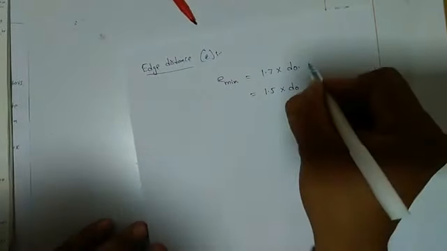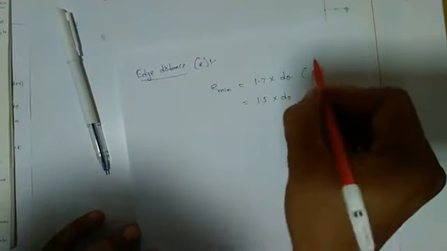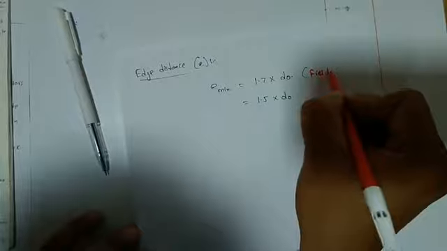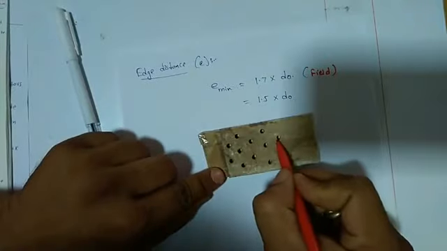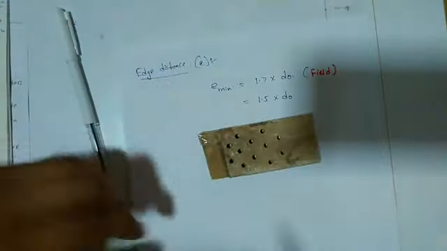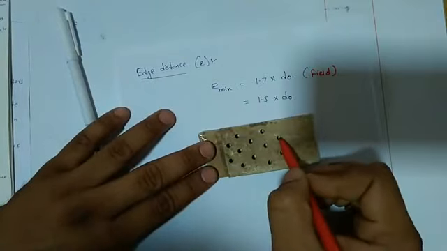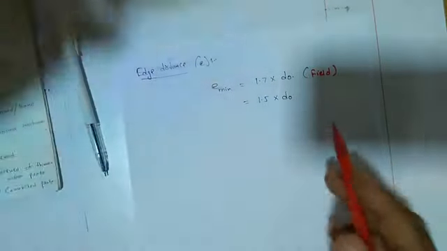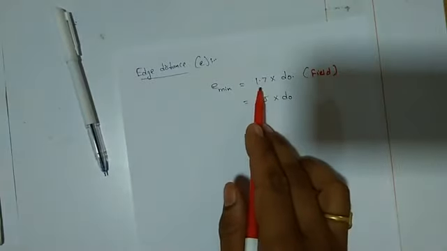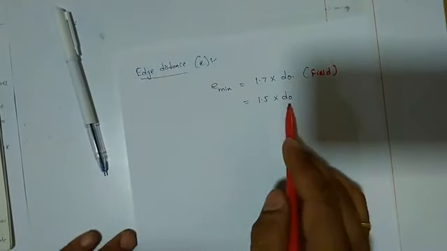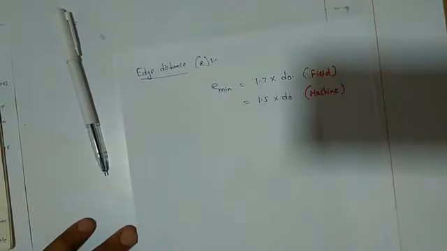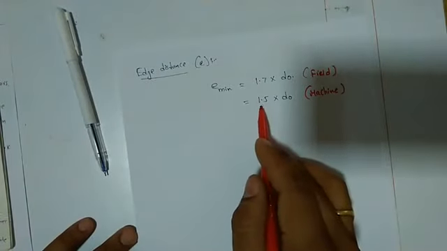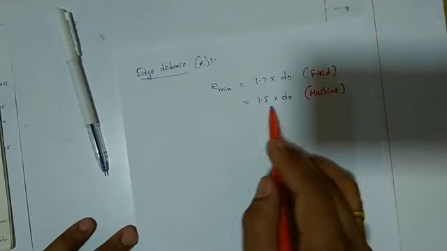So this first condition is when your hole is made in the field. Now for example, I have made a hole in this plate. When this hole is made by a machine it comes out one way, and when it is done manually in the field it comes out another way. Okay, so when you are doing the hole in the field, you have to consider the edge distance as 1.7 times of d naught. 1.5 times of d naught is when you are doing the hole by machine. Okay, in a machined hole, you have to take the minimum edge distance as 1.5 times of d naught.